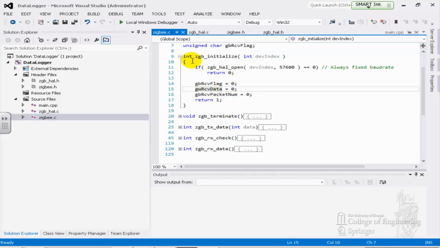It's just 0 out because this is initializing. And if everything goes through here, okay. So if somehow you cannot, and for this one, it's a fixed baud rate. But you see the potential, you can change the baud rate, but it's not recommended for anything you do in this class. So if somehow it could not open that COM port,